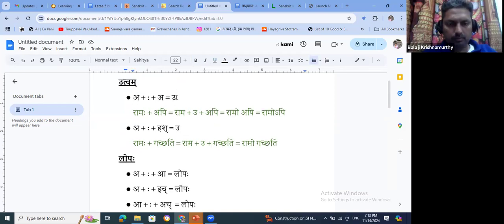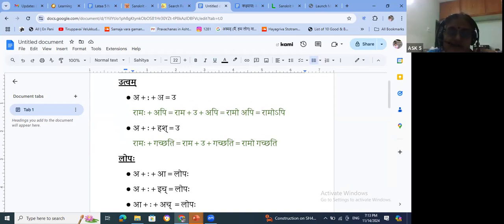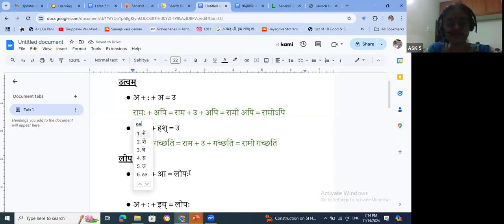First one, utva. Here we have already defined what happens when a is there. Now we are saying a is not there, but any other swara other than a, then the visarga will become Lopa. Lopaha, we must remember all shlokas will have Lopaha. Any shloka you take, visarga will become Lopa. Why does it become Lopa? We have to know these rules.